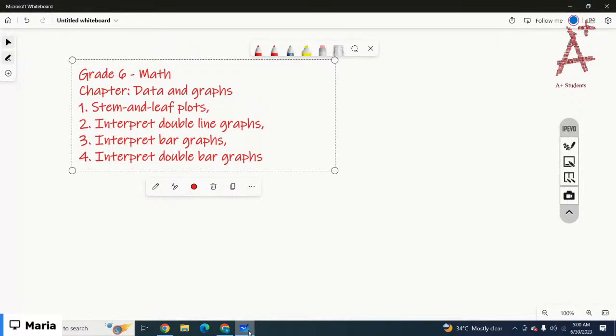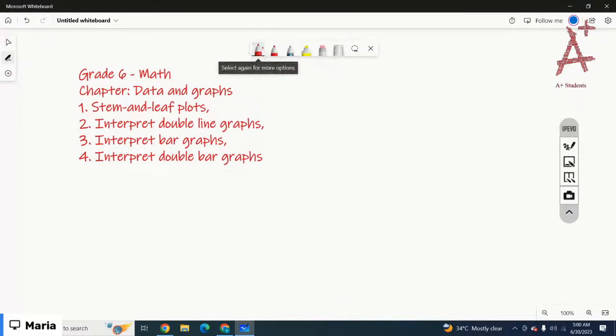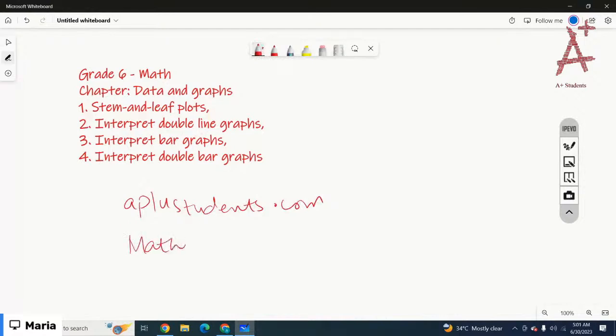We are here for grade 6 math. You can find all the lessons on aplusstudents.com. You have to log in there using your email address, and the password is provided by the administrator. Then you have to select math from the subject tab, scroll down to grade 6, and then click on view all lessons. There you can find a list of the chapters. We're going to start with